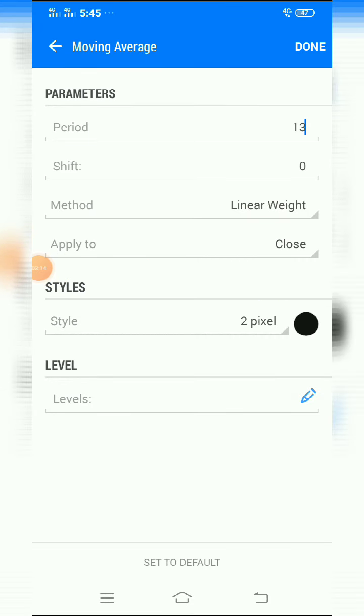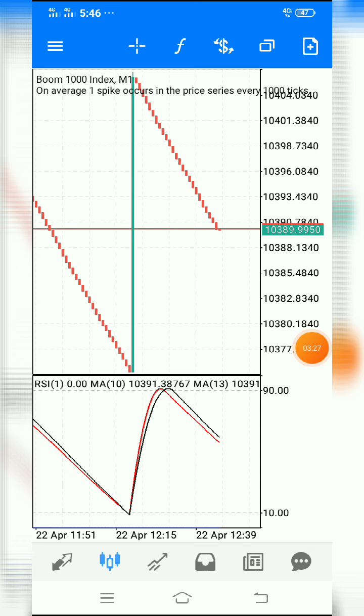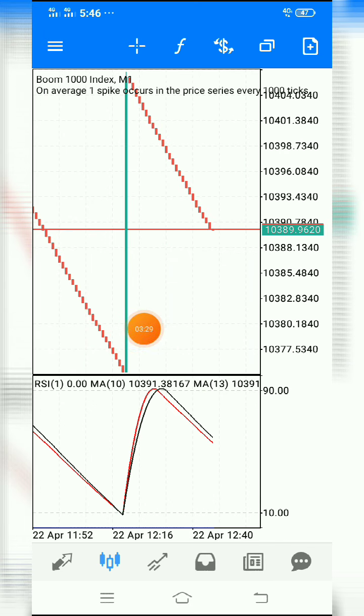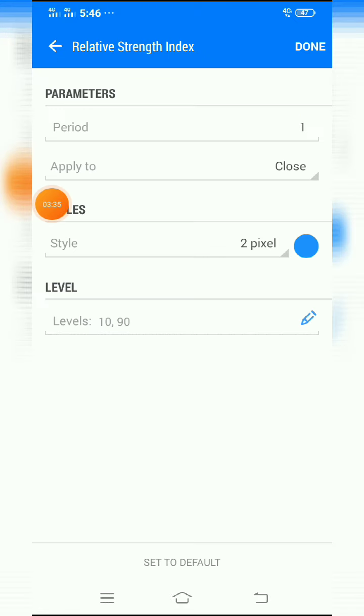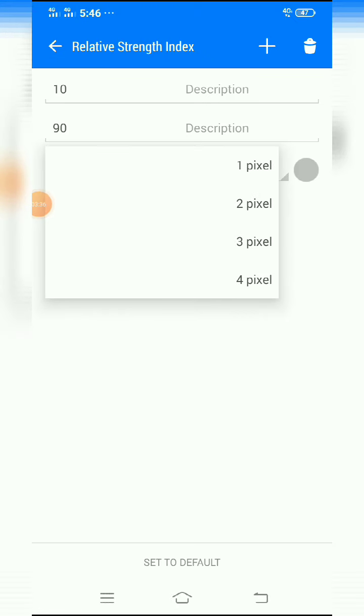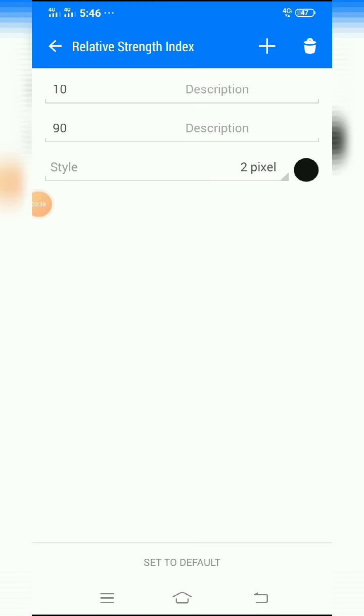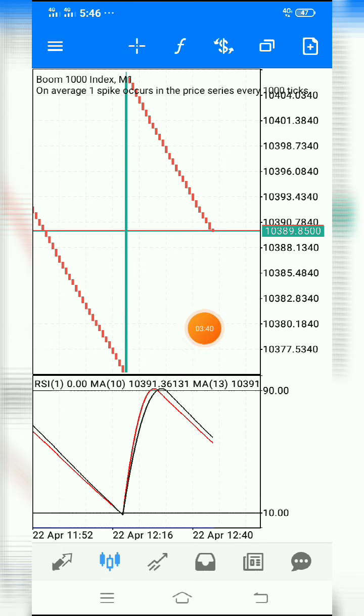If you have a black screen in your MT5 chart, you have to choose the color white, but if you have a white chart, then you have to select the black color, and you have to click done. Like that this option is very easy for catching spikes. And now we have to set the pixel and change the color to black. We have done that option.